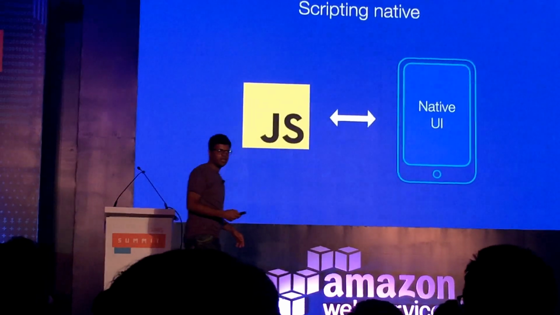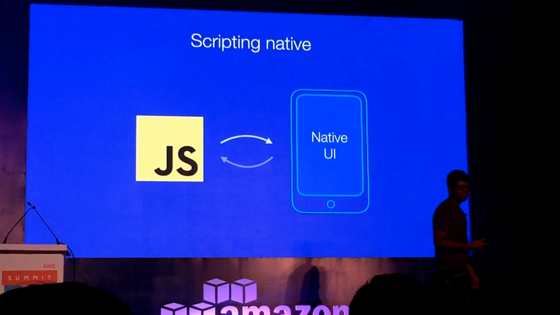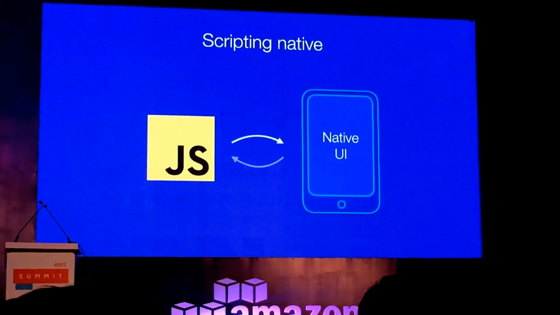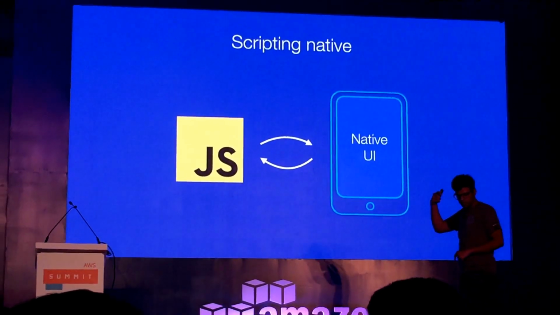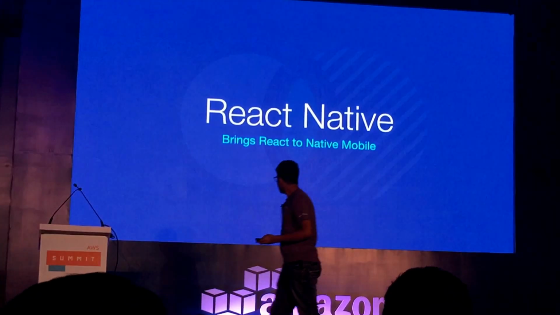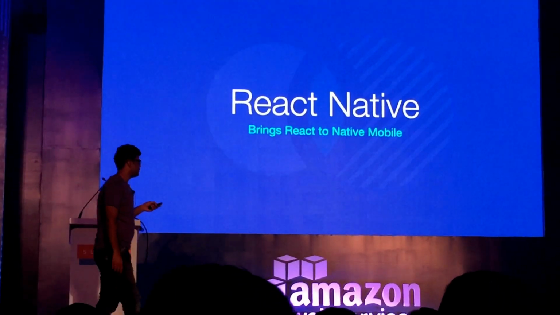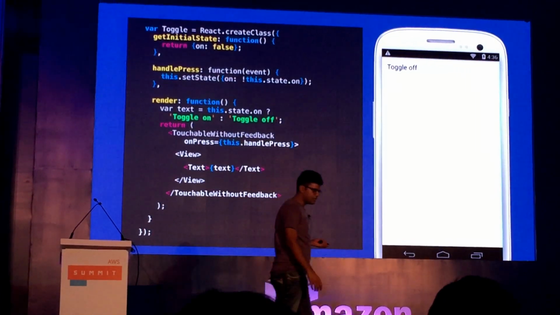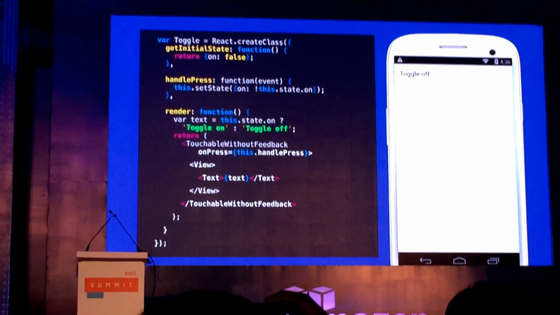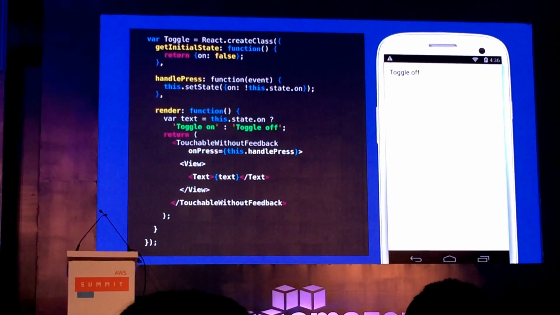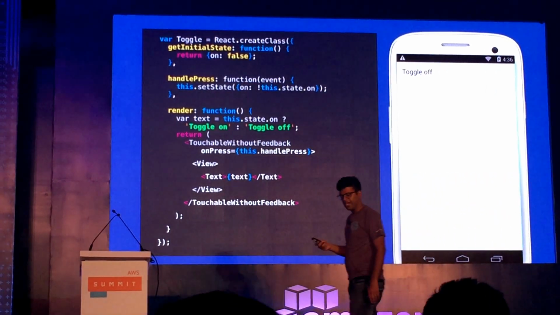And even if there existed many frameworks like Cordova, Ionic, that creates a very big problem because when I am scrolling and more data is to be fetched, it hangs. That creates a lot of problems. So the Facebook solution was to bring React to native mobile. And the way it is done is that all this React code, this is just a sample, gets compiled into your Java and Objective-C code at compile time.